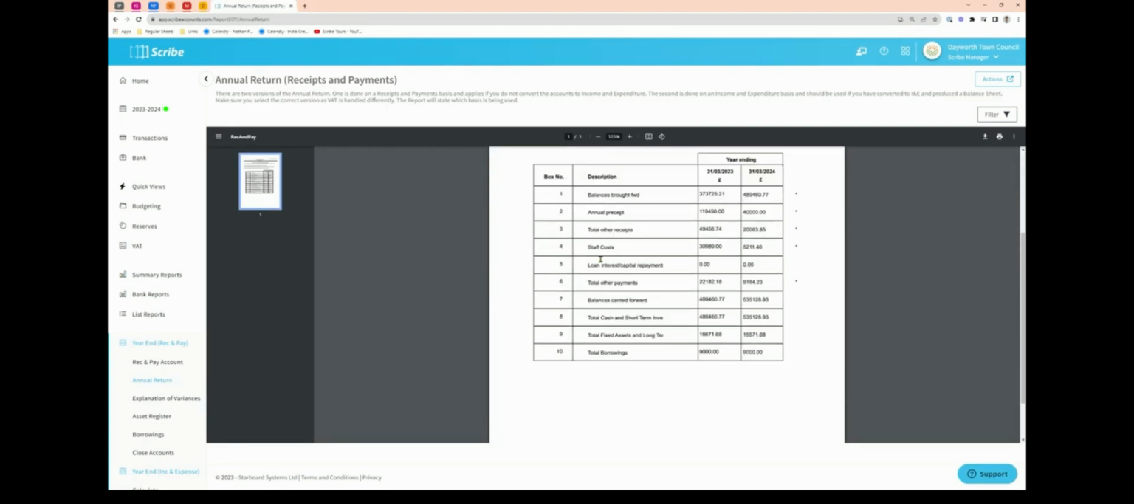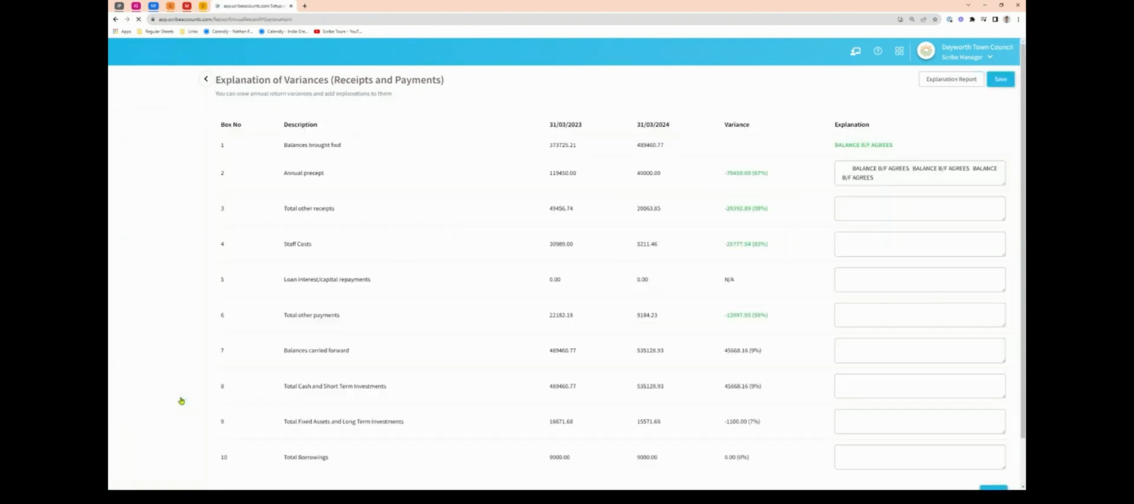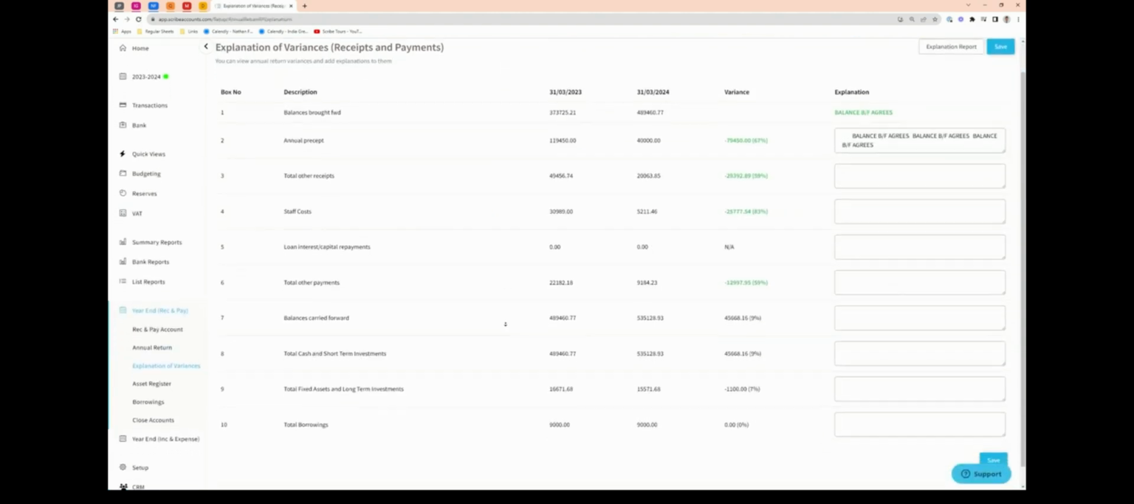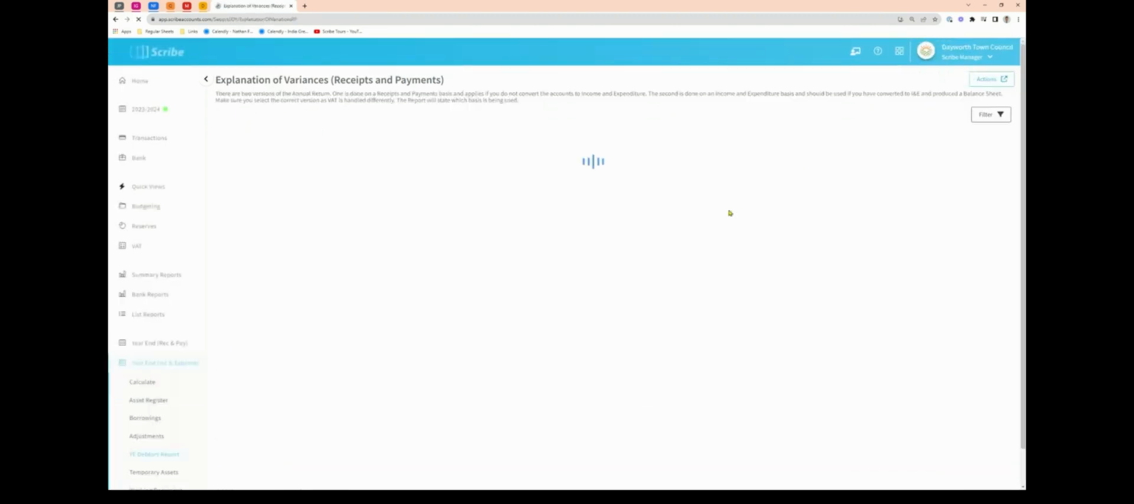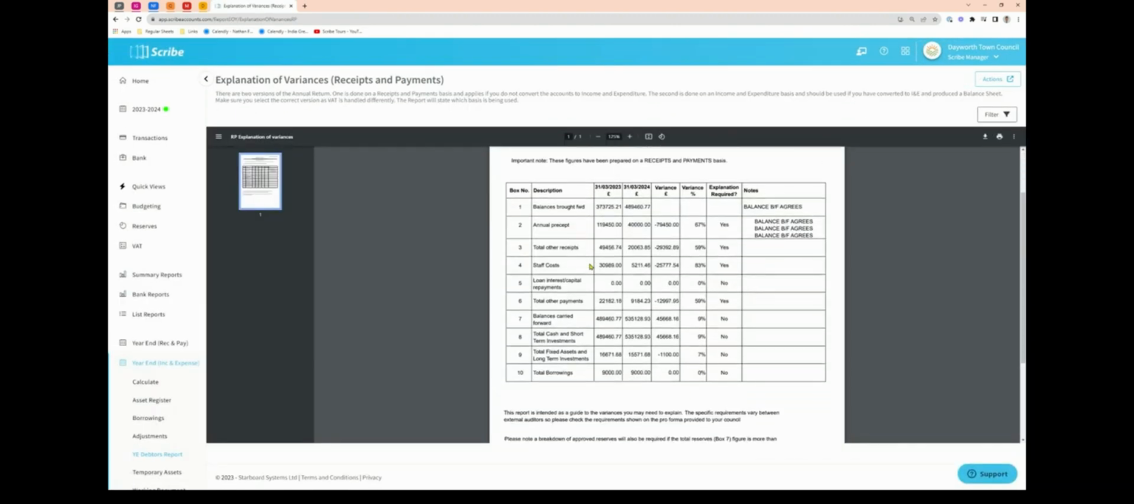You can use the filter to get a breakdown of all the figures that go into boxes 3 through to 6, and that will be the same on income and expenditure as well. You've then got your explanation of variances. In here, Scribe will tell you all of your variances and their percentages and give you text boxes for which ones require any explanations. We can use the explanation report to then get the populated report with all of the